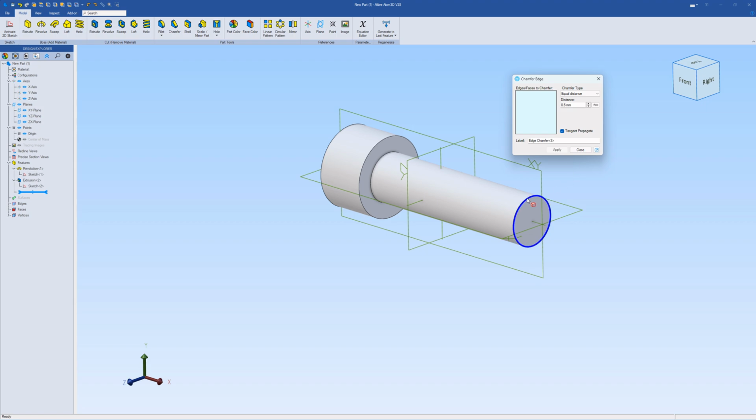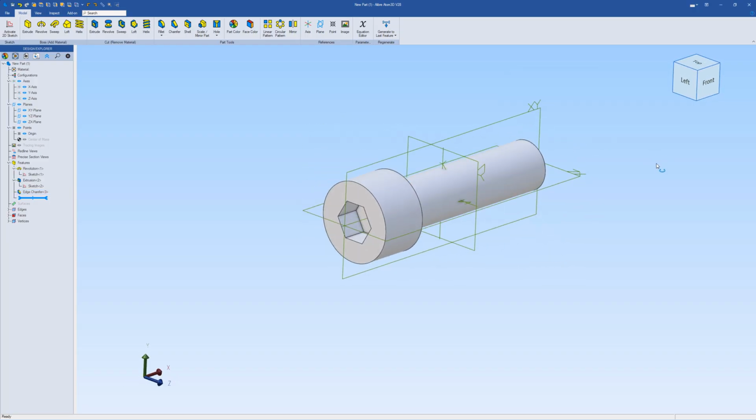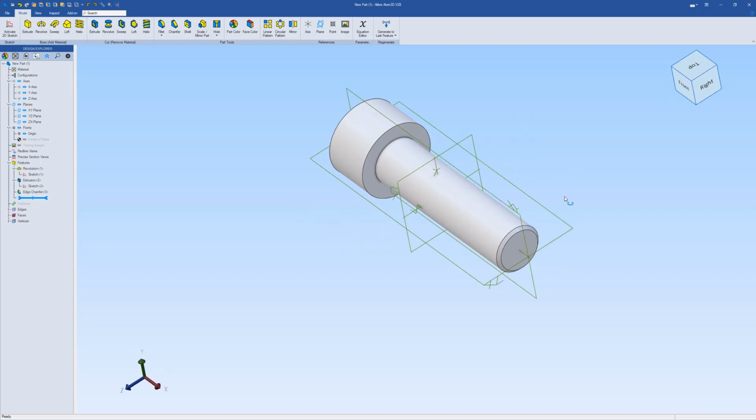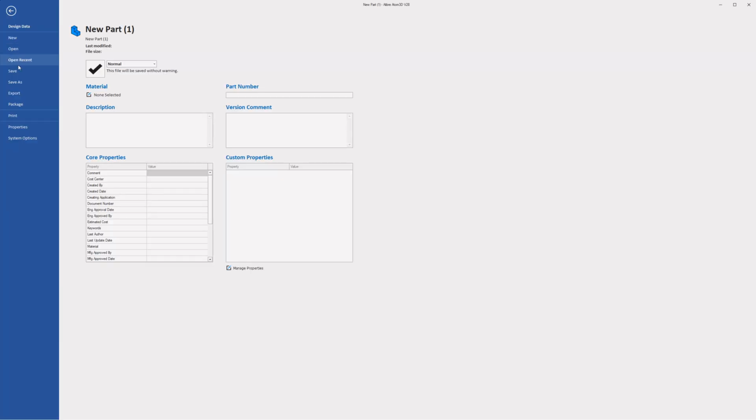And I just want to pick the edge on the end of the bolt here. So you can pick faces or edges. In this case, I just want to select the edge, hit apply, and then click the close button. And that is the bolt finished. So at that I can go to the file menu and save,